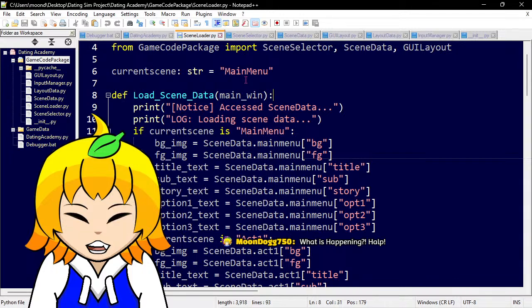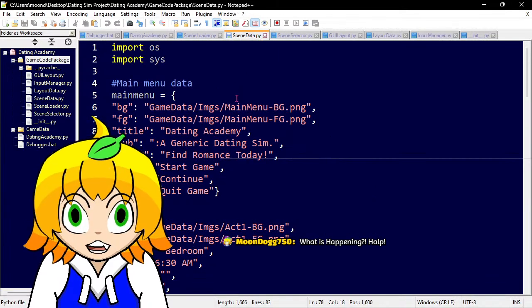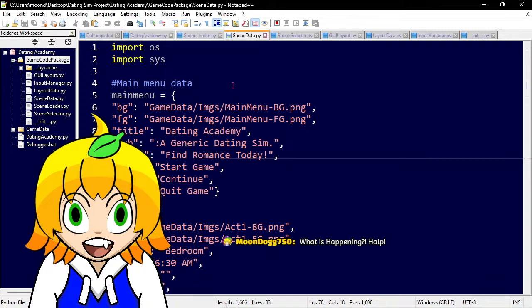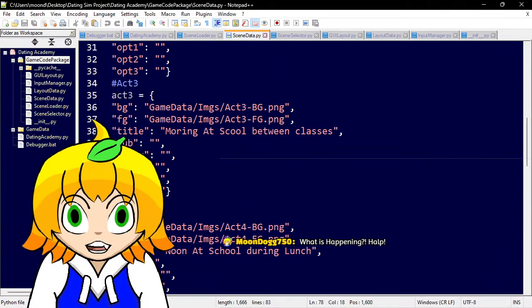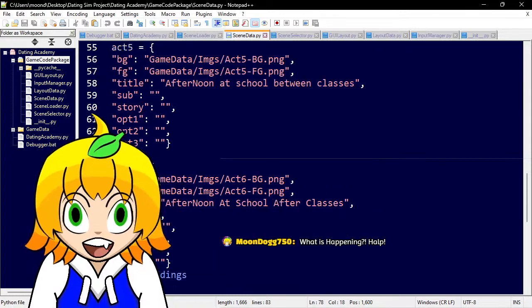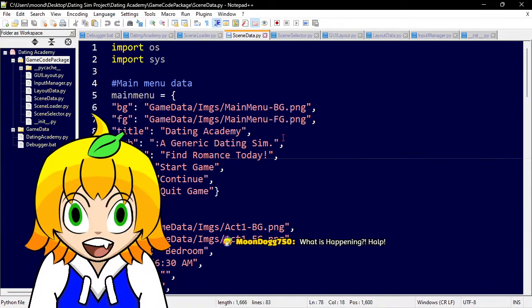So this is the scene loader script. I have another script for scene data, which is right here. Within scene data is nothing but a file that contains information on main menu, Act 1, Act 2, Act 3, Act 4, 5, 6, 7. Each act will have the same amount of information.